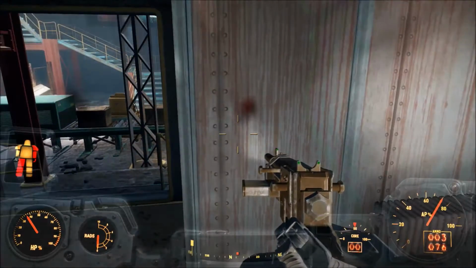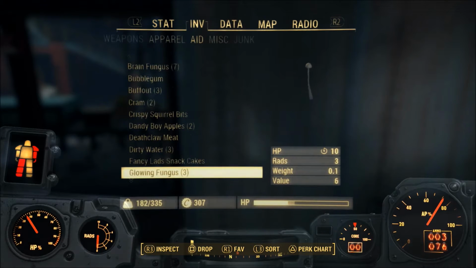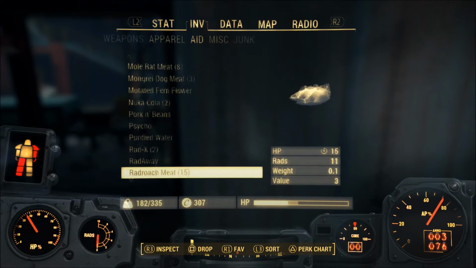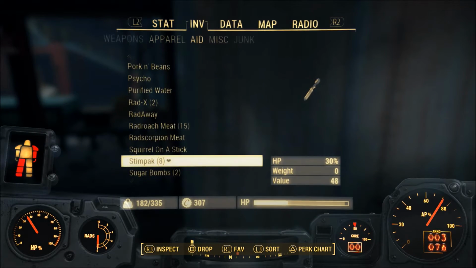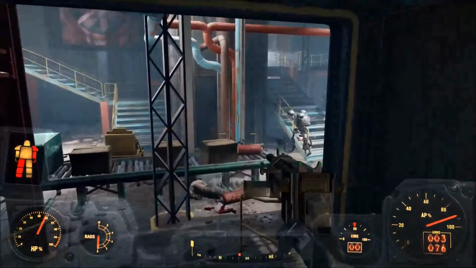Right, while I've got a second, let's use a quick stim pack. And we're getting through these stim packs a lot quicker now than we were earlier on, which is a little bit worrying. It's fine, we still have eight left. So once that's gone in,